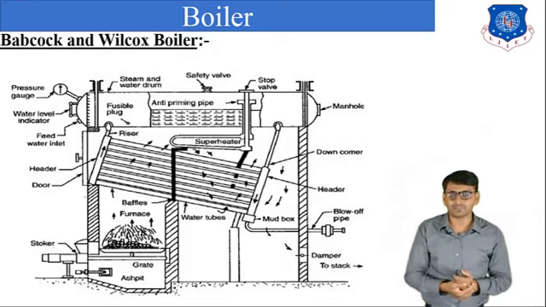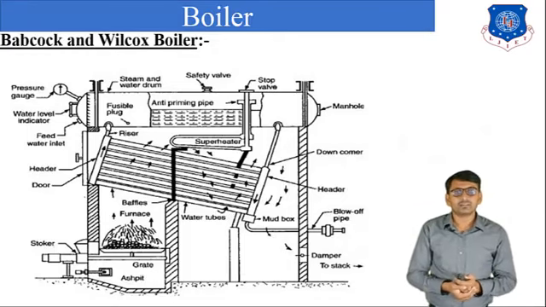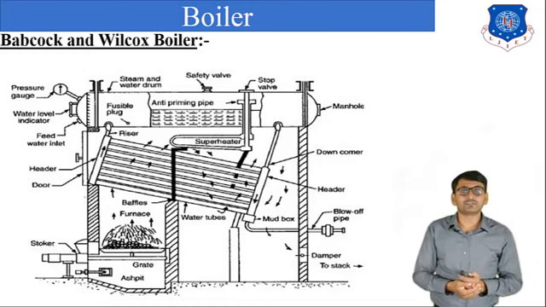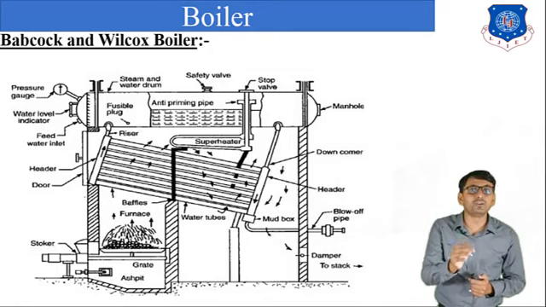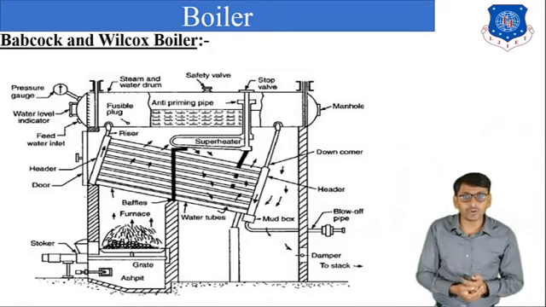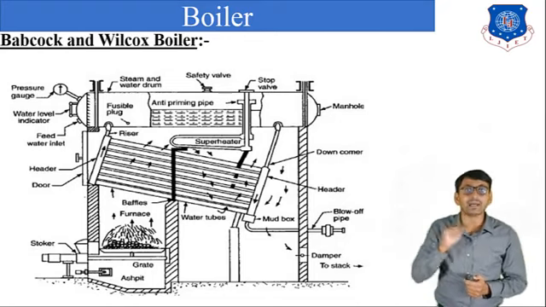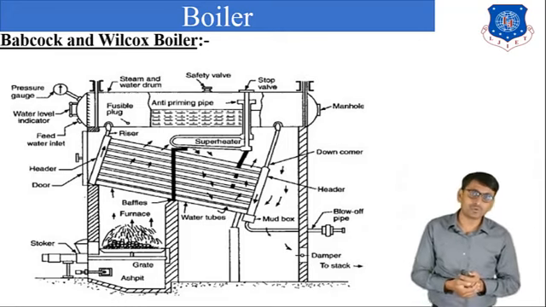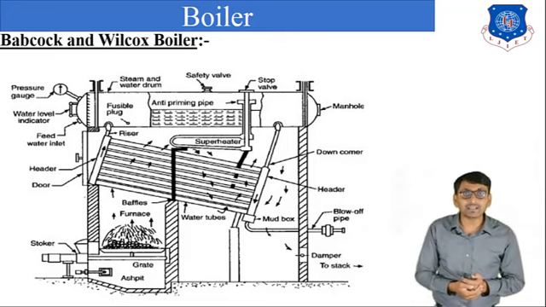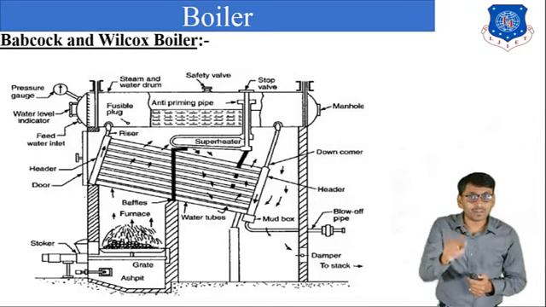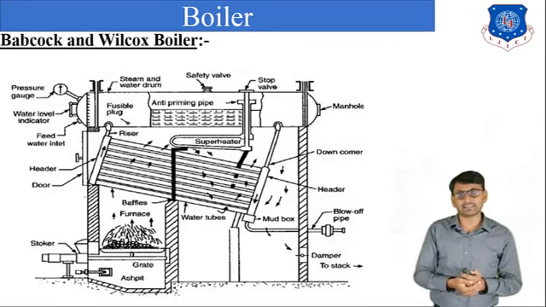in the boiler shell. Now first, on the surface of the grate, which is present at the bottom side in the furnace, combustion of fuel takes place. Due to combustion of fuel, high temperature gas is produced, which is denoted by arrows in this diagram. So the high temperature gas passes around the tubes. Now inside the tube there is water, and surrounding the tube there is high temperature gas.